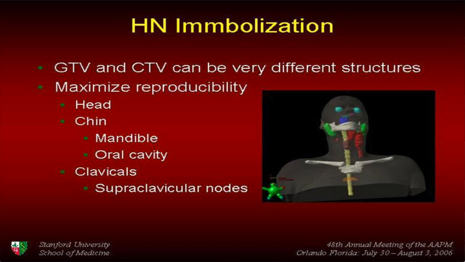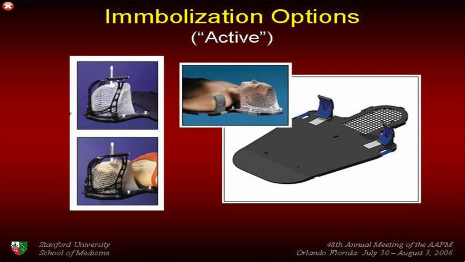For head and neck IMRT, it's not just one site. You're not just looking at immobilizing the patient's head. You also have to be concerned with the supraclav region, because you're very frequently treating lymph nodes prophylactically all the way down to the supraclav or the mediastinum. So it's really a two-pronged problem where you need to immobilize the head, but you also need to immobilize the shoulders. And there's different ways to do that. You can have active types of immobilization where you actually fix the patient's head by some device, or